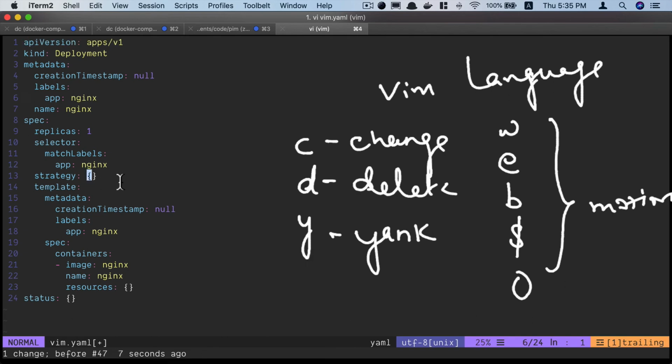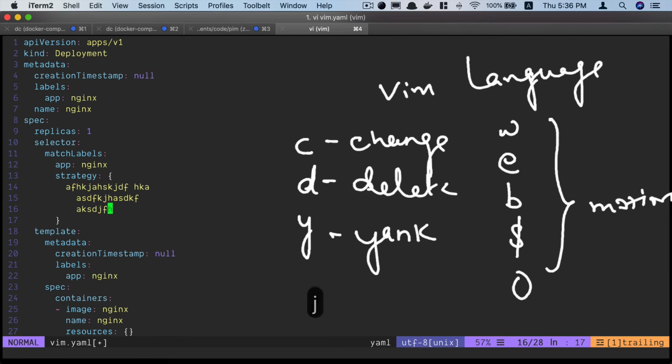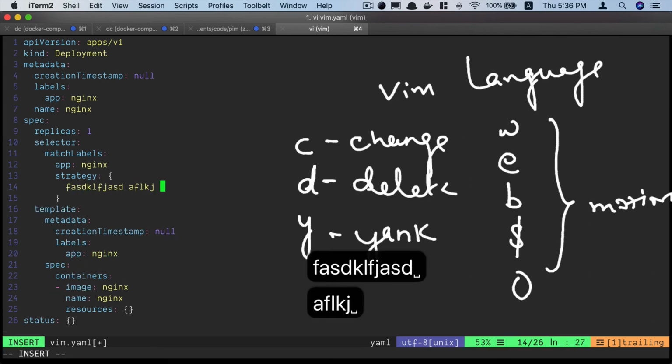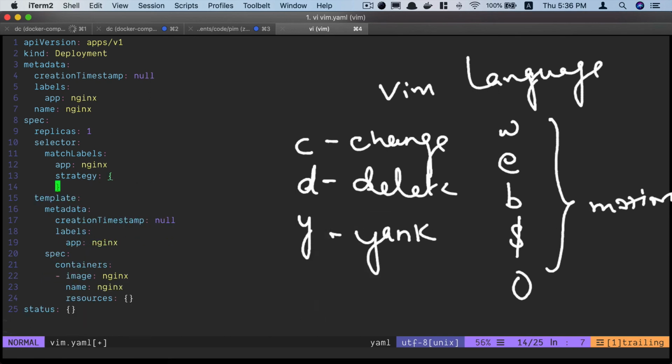Let me put something in between these brackets. So what I'm going to do is place my cursor on that bracket and append it. And let's say I'm typing something here, and I want to change the text between those brackets. I can place my cursor anywhere within the bracket or on top of the bracket and just press change inside bracket and change anything I want here. Similarly, if I do delete inside bracket, it will delete everything inside the bracket.